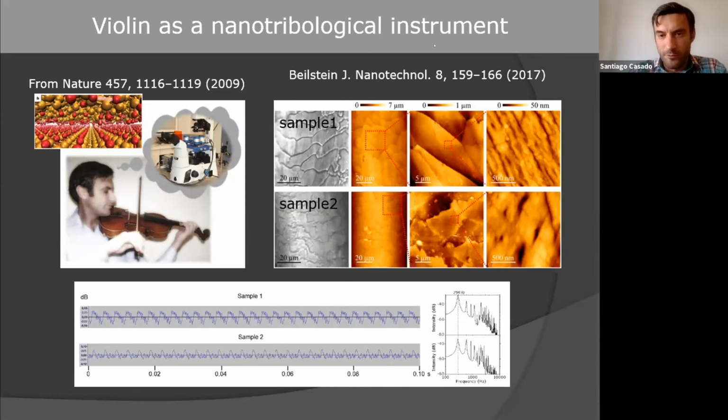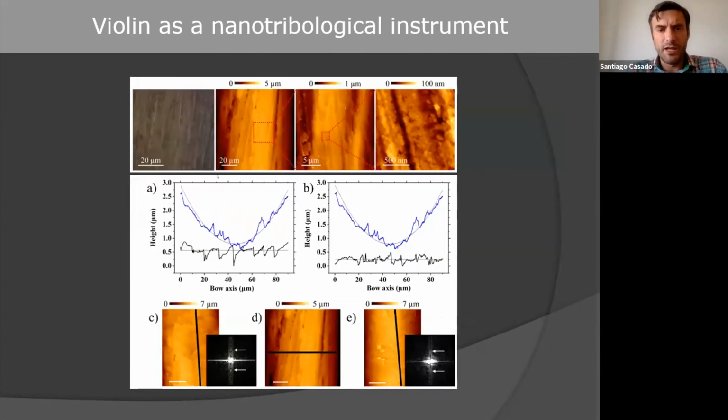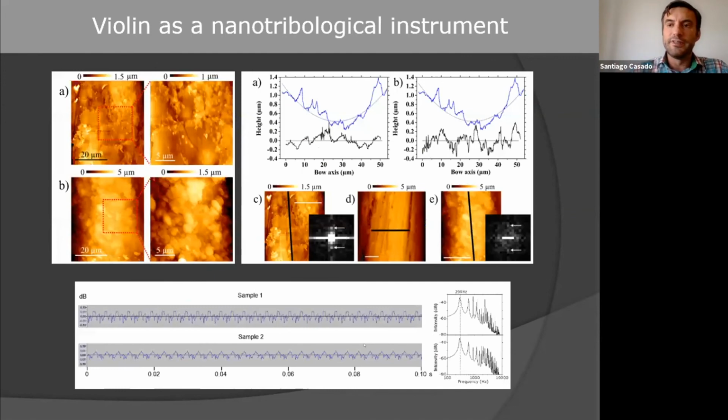Why is that? We discovered with the use of the AFM that the structure is maintained with some periodicity and is less breakable at this scale. So the sound can be much better. I discovered also that the commensurability between the nanostructure or microstructure of the string and the bow hair is very important for the sound. With the fast Fourier transform, we could see that there is some periodicity in one case and not in the other. But we have to put rosin on the bow hair, and if we do that,